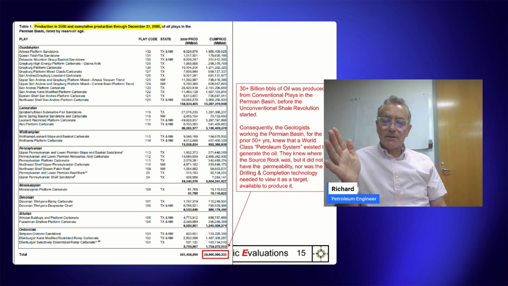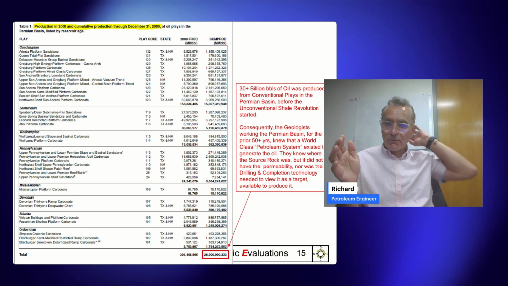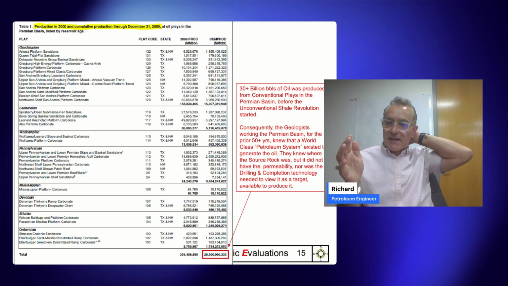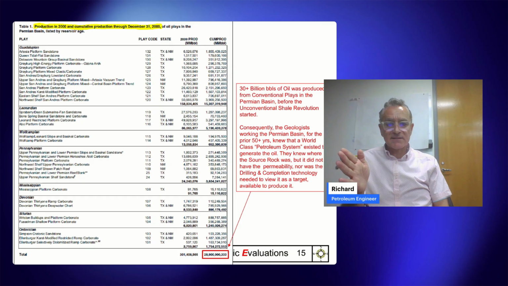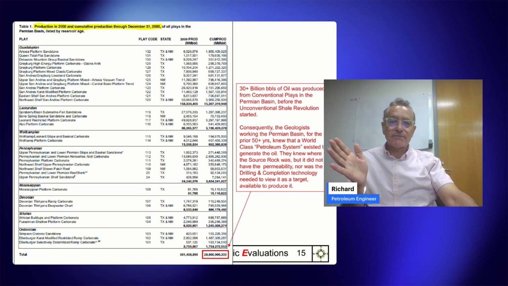Now, I'm just going to point out that the older geologists that were around at the time frame in which the Permian was being developed were aware that this was the arena of an unbelievably prolific petroleum system that generated a very, very large volume of oil and gas. The difference is that it was known to be the source rock. It wasn't known as being a target, which is what we're doing today